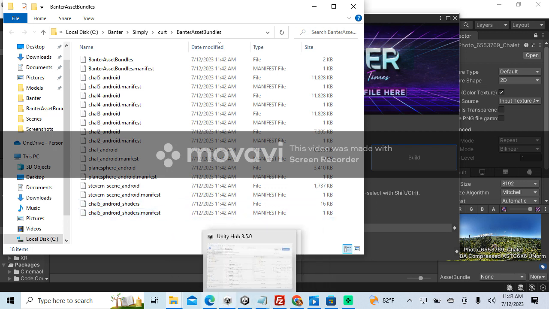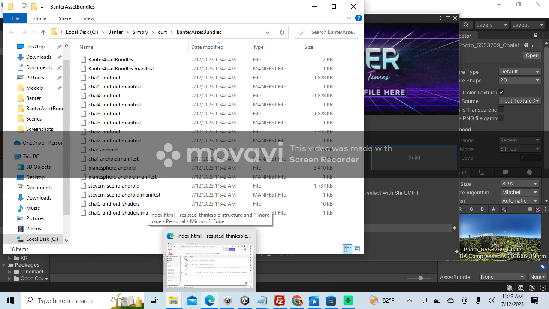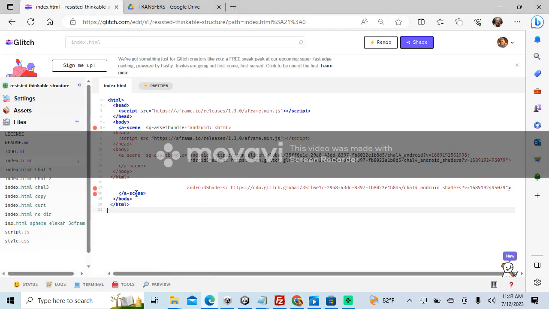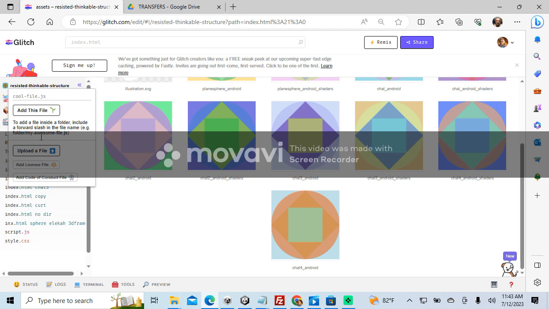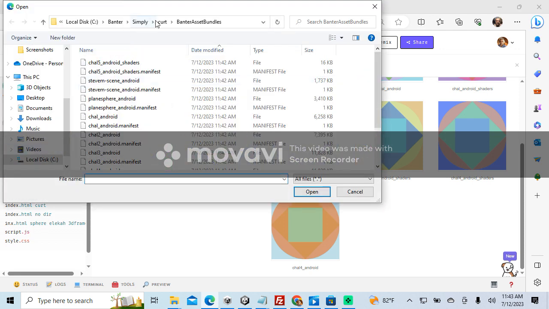Now I go to my Glitch window, and I'm in this one, and I decided that I want to do number 5, so I'm going up to Assets. You can see I already did quite a few versions, but there's only versions 3 and 4 here. I'm going to go to Files, Upload a File, and then it took me to where my Banter Assets is